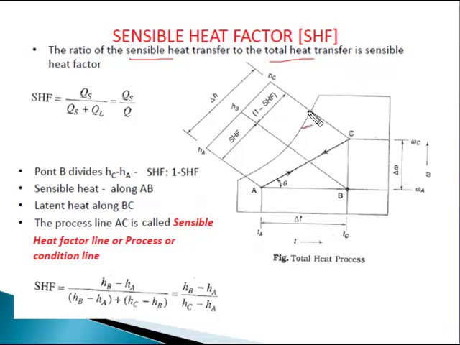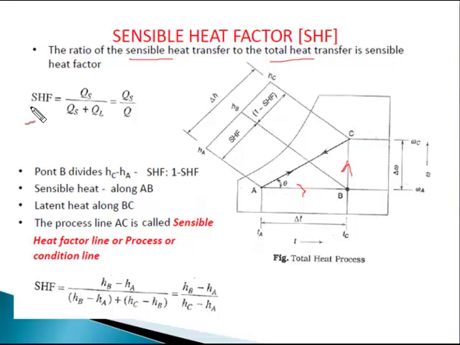On the psychrometry chart we can see a process A to C. In this, two processes take place: A to B, which is a sensible heating process, and B to C, which is a humidification process. During the process A to B, the heat absorbed is known as the sensible heat, and during the B to C process, water is evaporated by absorbing the latent heat.